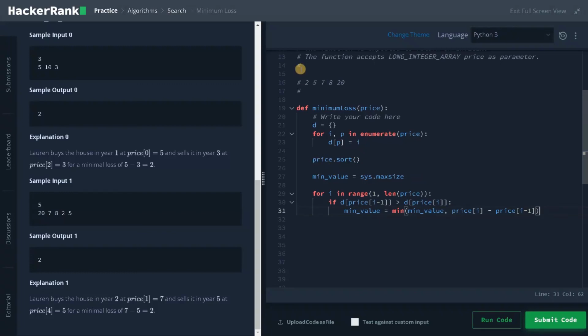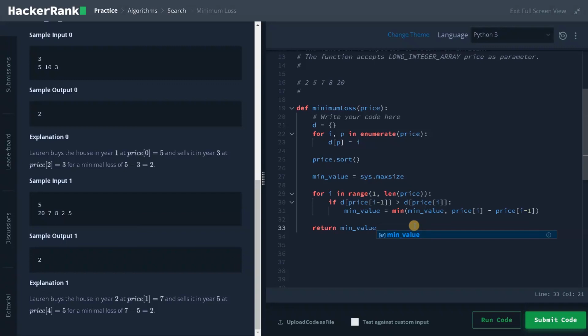So here after sorting, these are the numbers. If I consider the next iteration, i minus 1 will be at 5 and i is at 7. So this will satisfy the condition because 5 is coming after 7. So this index is 1 and this index is 4. This satisfies the condition, and this will compute the minimum value and store it. So this will do it for all the prices to find the global minimum, and finally we will just return the minimum value. So return min value.